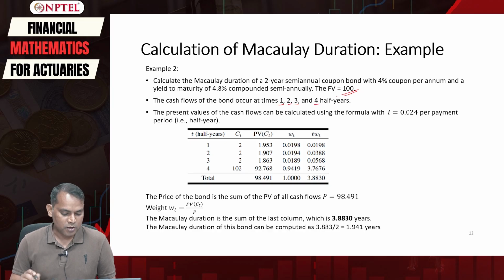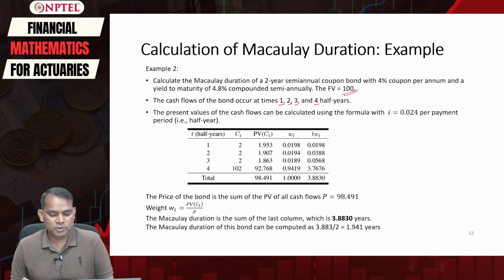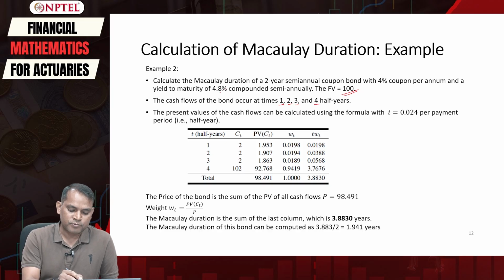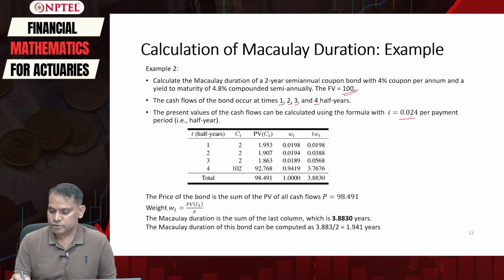Now the present value of the cash flow can be calculated using the formula we have just understood, with i equal to 4.8 divided by 2, which will be 0.024,